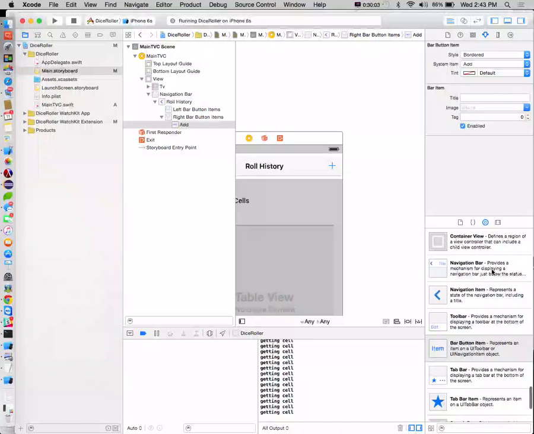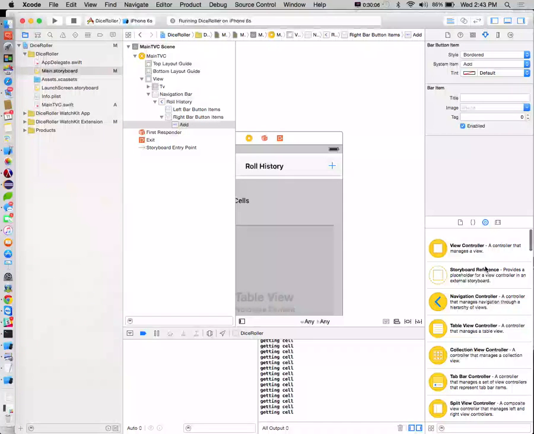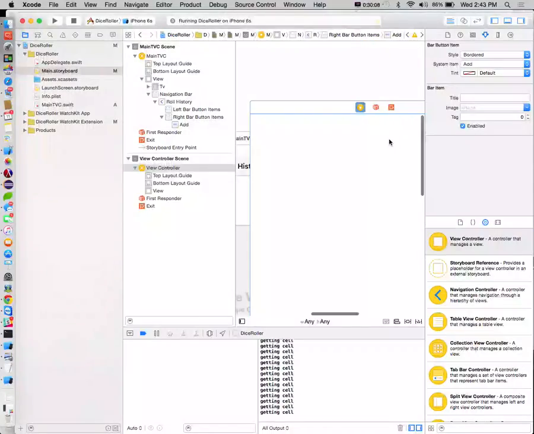Okay, so what we're going to do here is we're going to go ahead and give ourselves a second view controller. So pretty similar to how we handle multiple